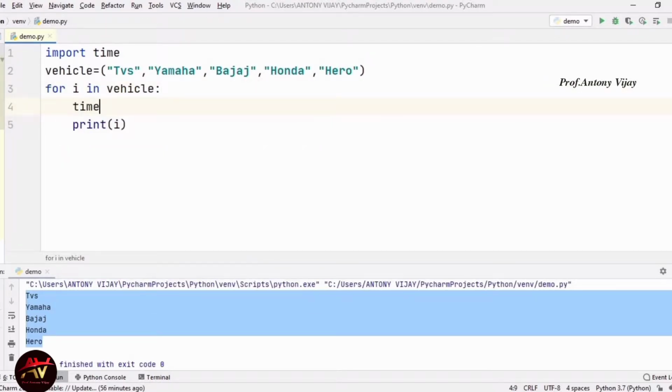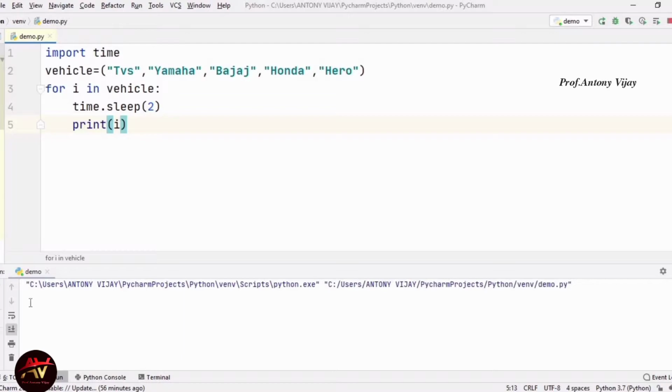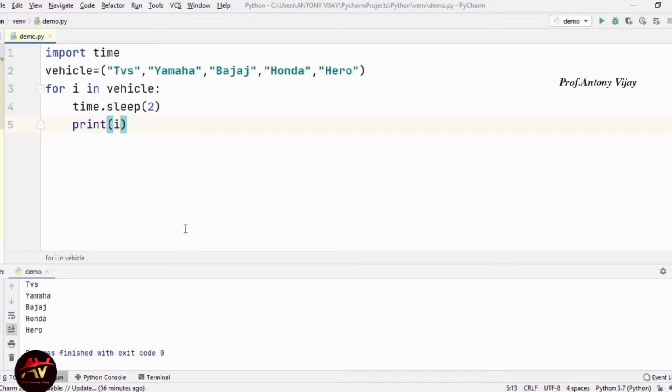For example, time dot sleep, and I am mentioning a 2 second delay. So we will get the output one by one. First it will print TVS, then after 2 seconds Yamaha, then Bajaj, then Honda, then Hero.